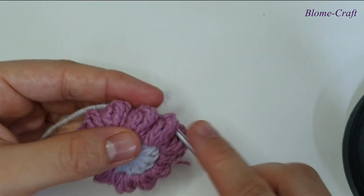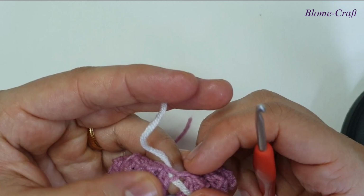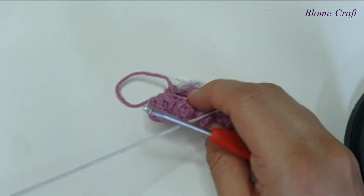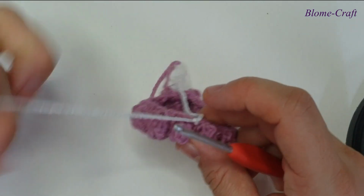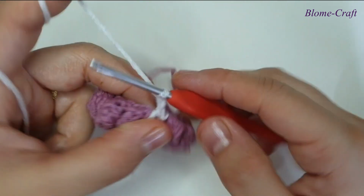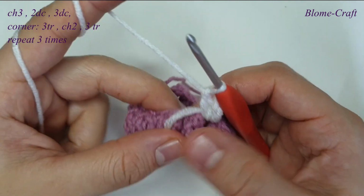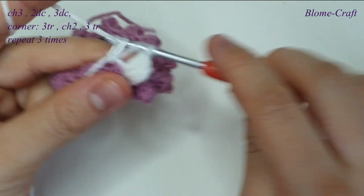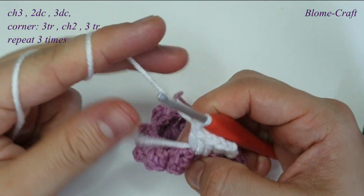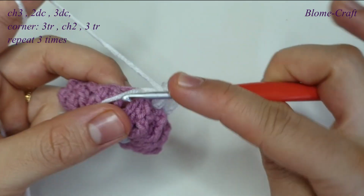which is the third color, at the top of any of the chain one space, and secure it. And then I'm going to start by chaining 3, which represent 1 double crochet, and in the same space I'm going to do another 2 double crochet. Again, in the next chain 1 space, also 3 double crochet. And in the next I'm going to do my corner, which is 3 triple crochet,